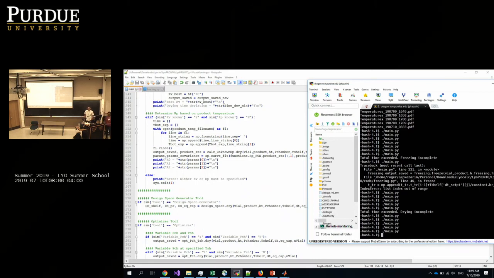I have one more question. It looks like you've modeled this for small molecules like the sugars that you're working with. Do you expect it to behave any differently if you're lyophilizing very large proteins or polymers? We did compare against some proteins. Just for the sake of benchmarking our code, we compared against some experimental runs that were available in the literature, and it was able to predict them pretty well. In terms of the optimization, we haven't actually experimentally tried it on any proteins. Once that's out, we will publish that, and then you'll have that information.